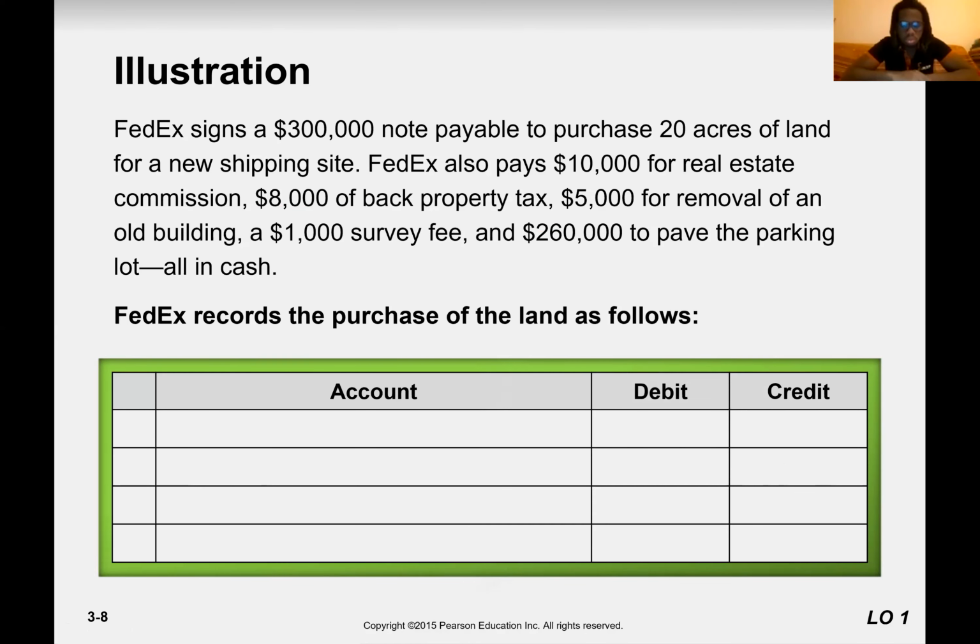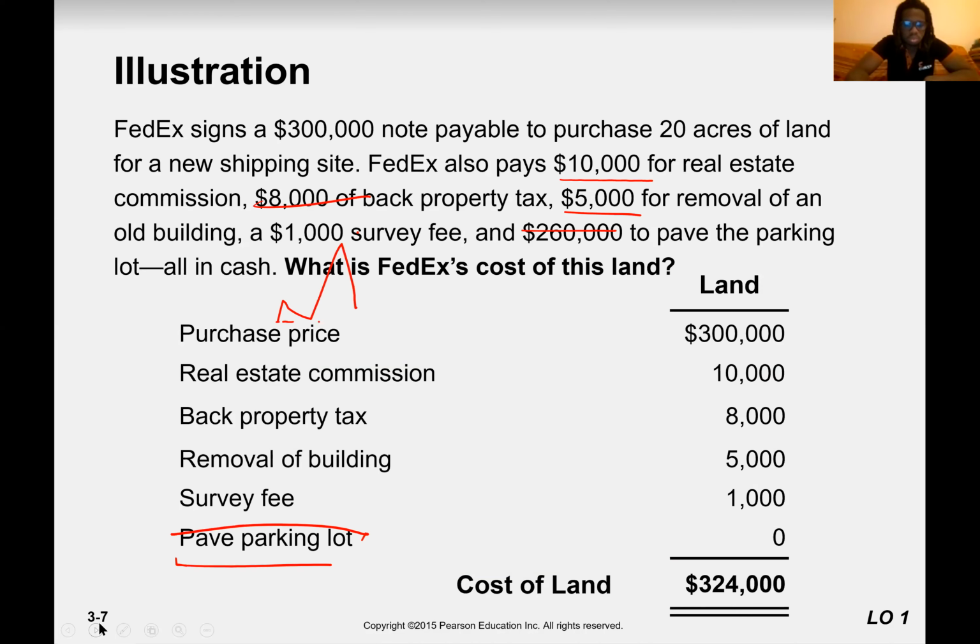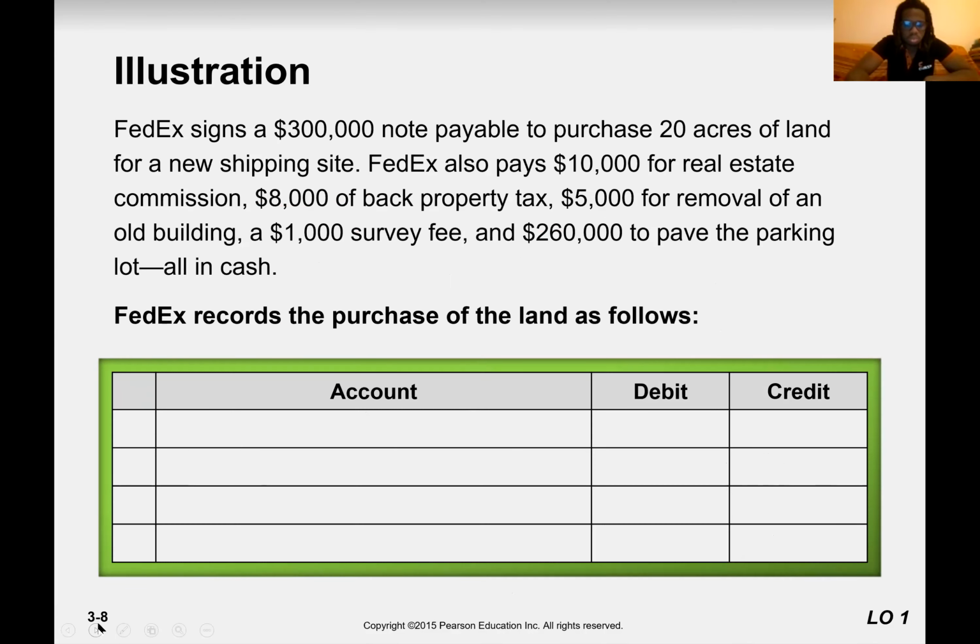So now we know that this land costs us 324,000. So what will be the accounting entry? So it is like we purchased all in cash, the land. So the cost of the land includes all these 5,000, 10,000, 8,000, 300,000, 1,000 survey. So what is the cost of the land? We paid